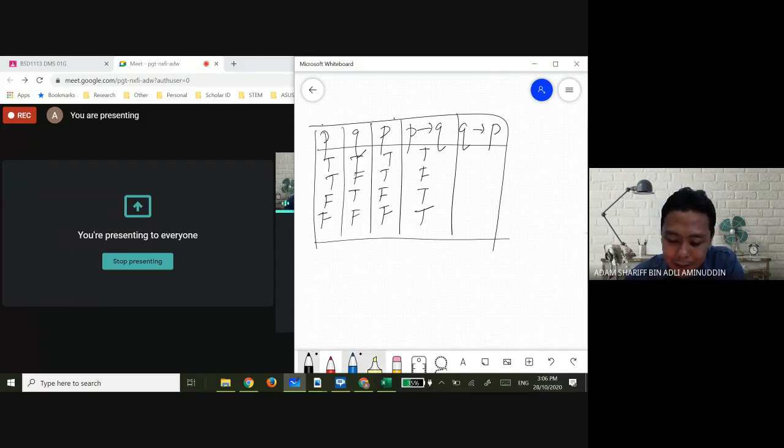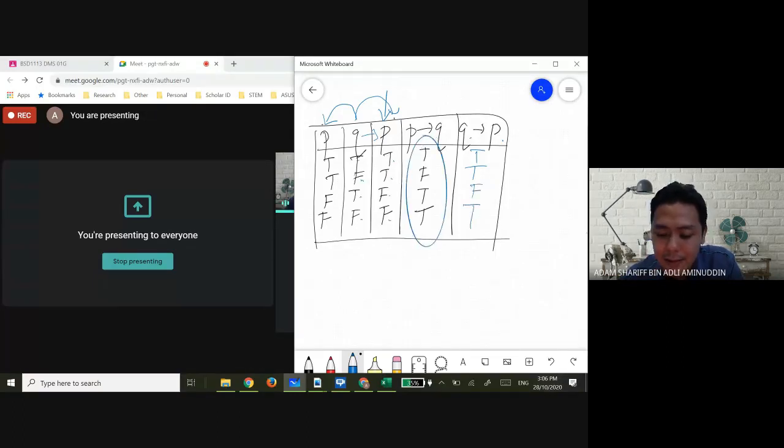Normally students, they did not write the second P here. Normally they don't do that. That's why sometimes they are wrong to say that sebenarnya Q implies P kat sini, dia baca daripada kanan ke kiri. Tetapi kalau saya wujudkan lagi satu P kat third ni, dia sebenarnya sama je. Baca kiri ke kanan. So T implies T will be T. F implies T will be T. T implies F will be F. And F implies F will be T. Nampak beza?